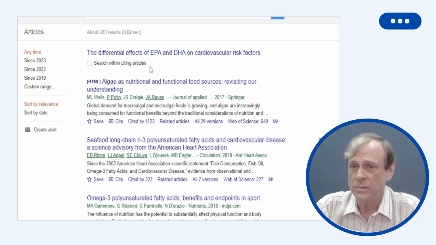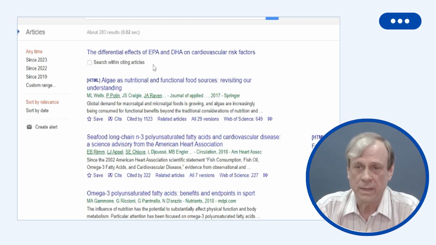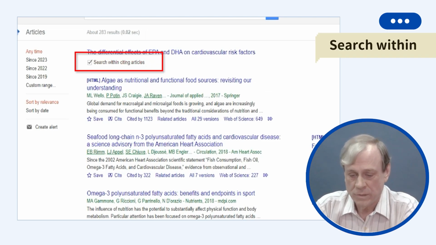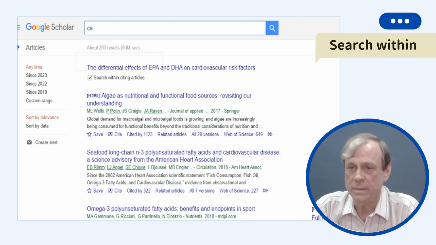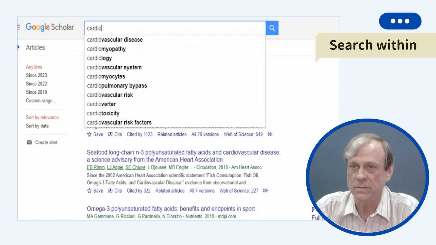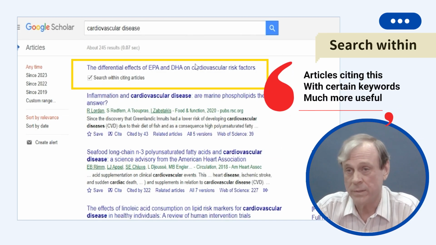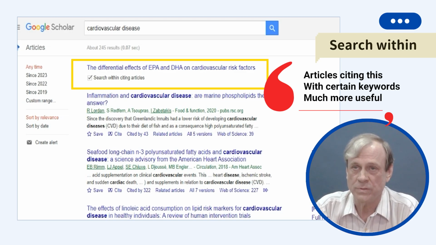So in this case, you can start here in the cited by, but then right below that title, you'll see a line that says search within. That will search within these citing references for a particular term. So we can search within these for cardiovascular disease, and then the articles that it will bring up here will certainly be much more useful.